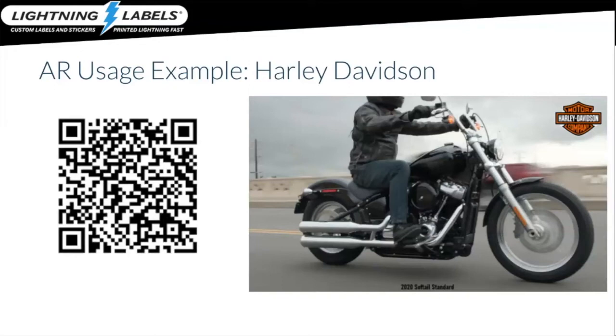We'll show you one more here, kind of in the automobile/motorcycle space. This is one for Harley-Davidson. Again, everyone on the call, ladies and gentlemen, you know the drill at this point. Take your camera out, point it at the QR code, click the link, point it at the Harley, and again, you're going to see a commercial here. Again, the reason I want to point this out is this has a little bit of everything in here. This has the video. This has the links to the social media.